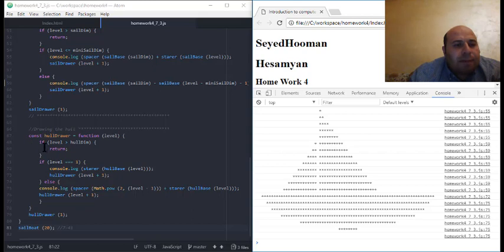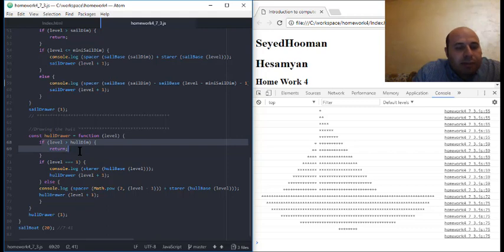As you can see in level 1, I defined this function to draw the main body of the boat, and it's also a recursive function. It's a termination point, and it starts from 1 to the maximum level of hull dimension,